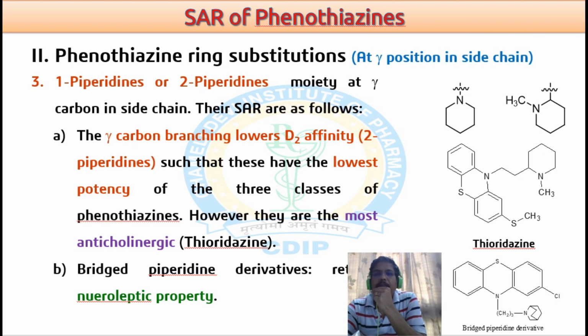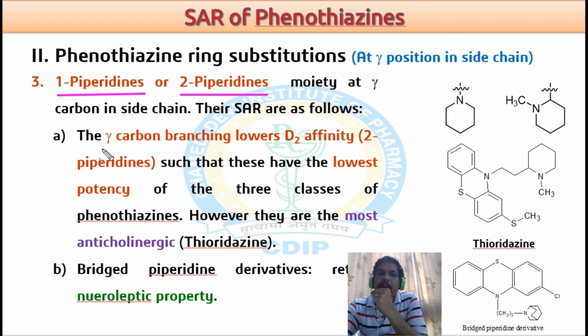Then if we go for the further substitution pattern check, in case of piperidine, two possible substitutions are there: the one-piperidine type and the two-piperidine type. In one-piperidine, the nitrogen present in the piperidine ring is directly connected to the gamma terminal segment, and in case of 2-piperidine, the second position or second carbon of the piperidine ring is connected with the gamma terminal, and this gamma carbon branching